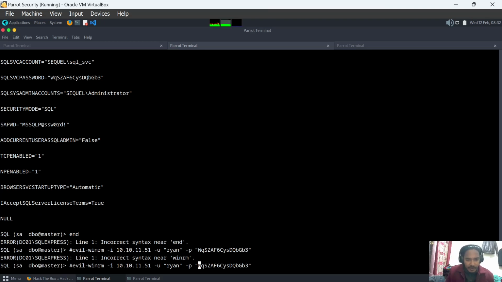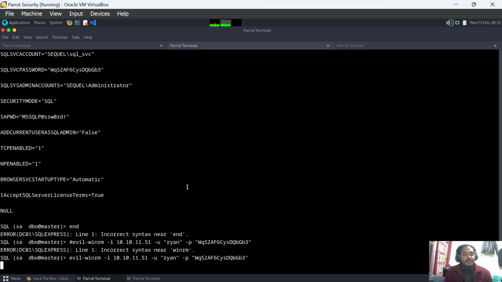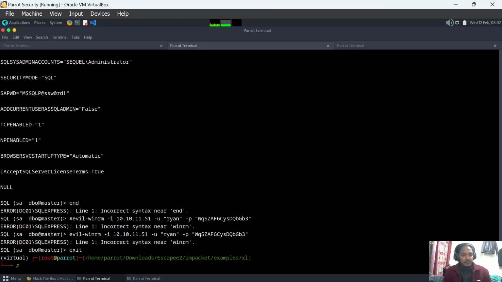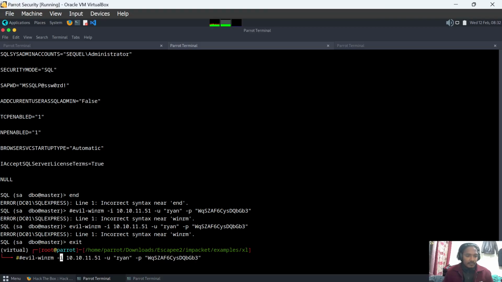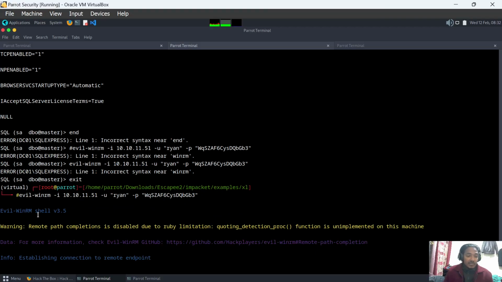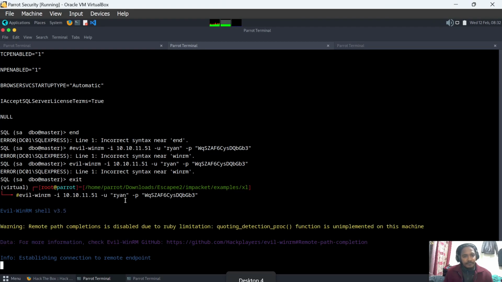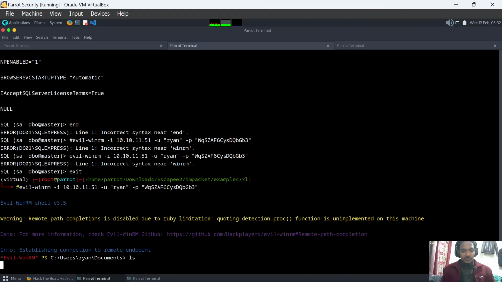It's not working because there is a command misconfiguration here. I will try to connect with it. I'm sorry. We will be using this command here. It's trying to connect. This password helps us access the user Ryan in the Windows. So now we'll try to see what's